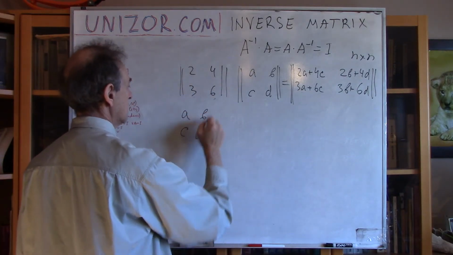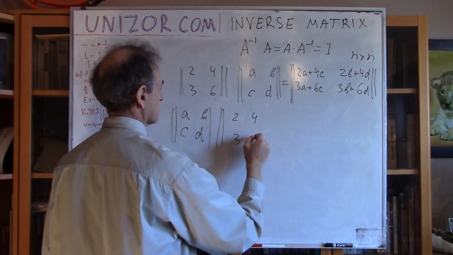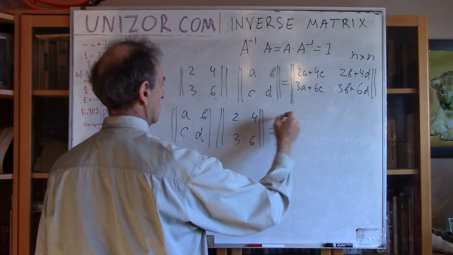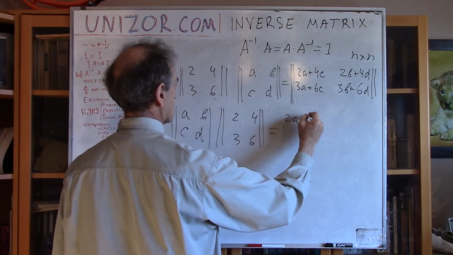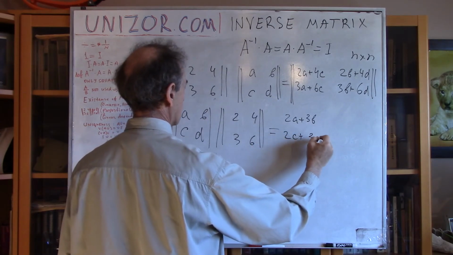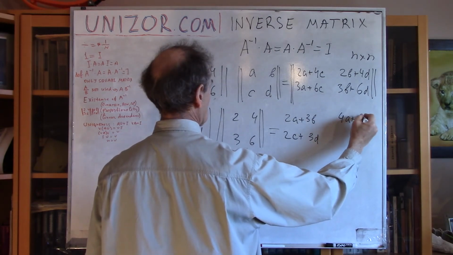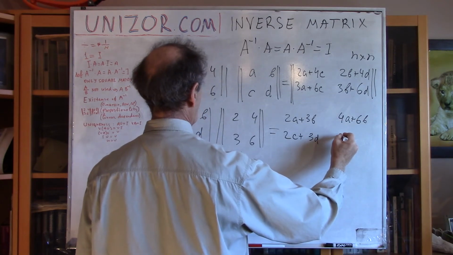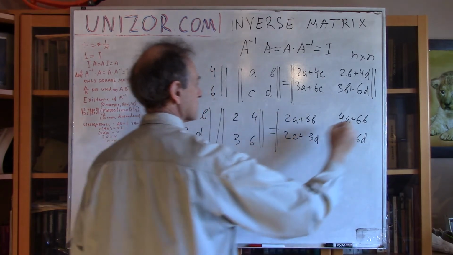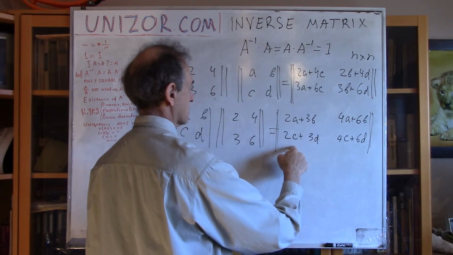A, B, C, D, with proportional columns, multiplied by the proportional matrix 2, 3, 4, 6. In this case the result would be 2A plus 3B, 2C plus 3D, 4A plus 6B, 4C plus 6D. Now, as you see, the columns are proportional,